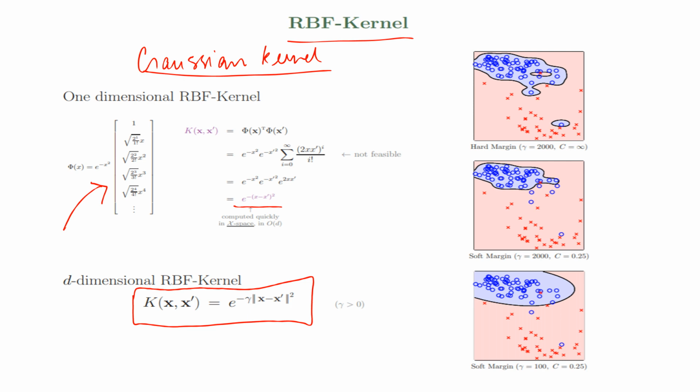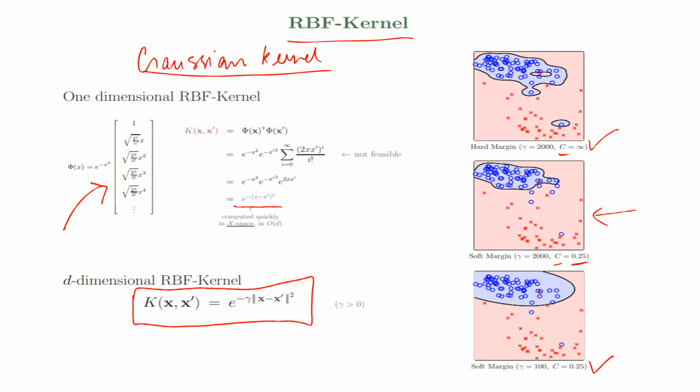So the application of this RBF kernel is shown here on the digits data, on the right hand side, where we have utilized the regularization parameter that I talked about. There are two parameters that play a role in the final result. If C is large, we're talking about the hard margin problem, which is this. If C is small, we are focusing more on regularization and less on the error. So that's the other extreme. And then this is somewhere in between, where we are working with a medium level C,